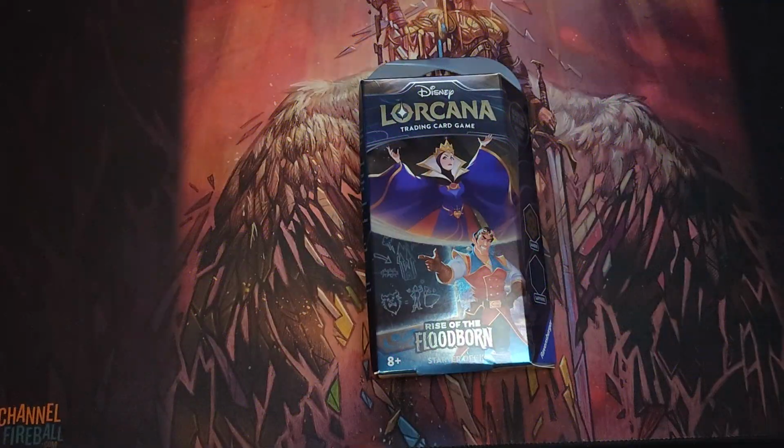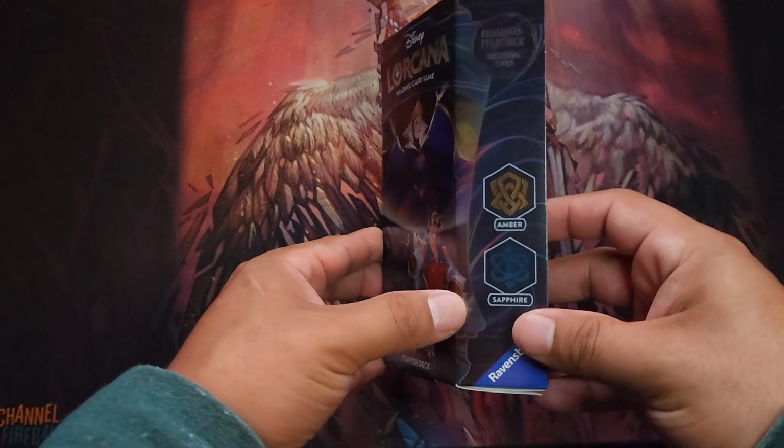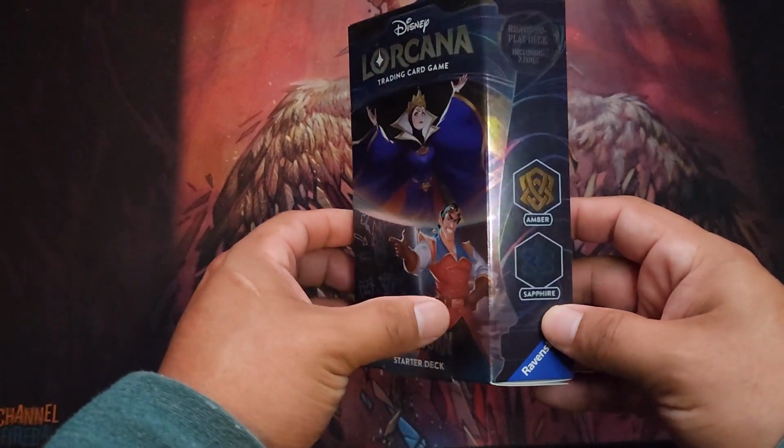Hello, this is Quick Skills, and today I'm going to be opening up one of the brand new starter decks from Rise of the Floodborn. This one here has the Queen and Gaston on the front, and this is going to be the Amber Sapphire